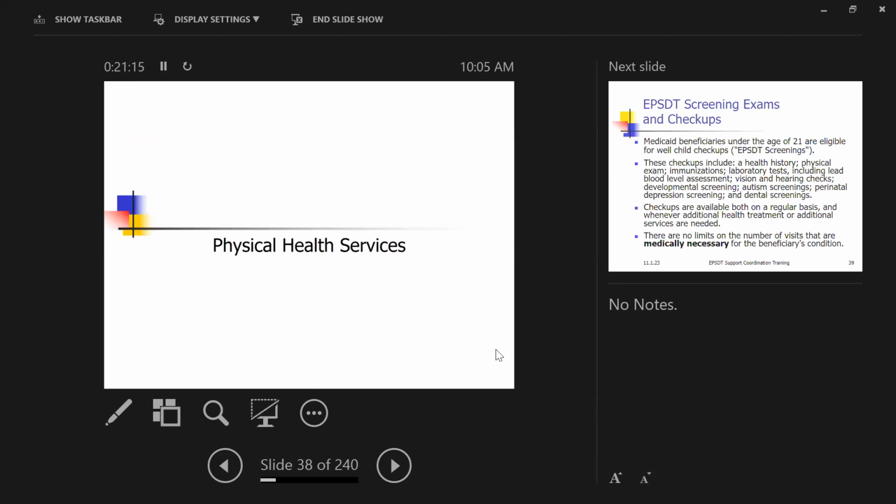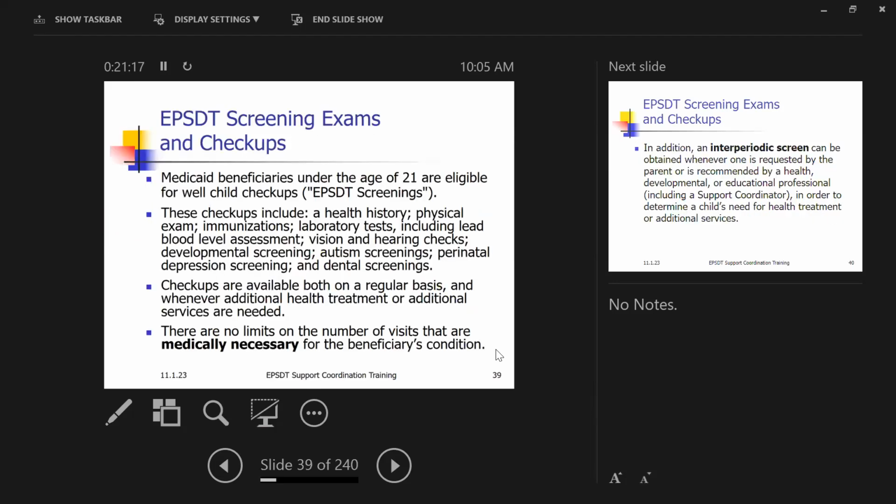Okay, now we're going to go through physical health services. So the first one is EPSDT screening exams and checkups. Medicaid beneficiaries under the age of 21 are eligible for well-child checkups or EPSDT screenings. These checkups include a health history, physical exam,